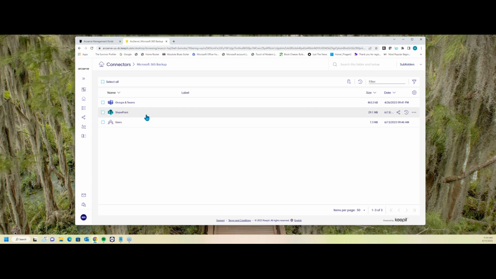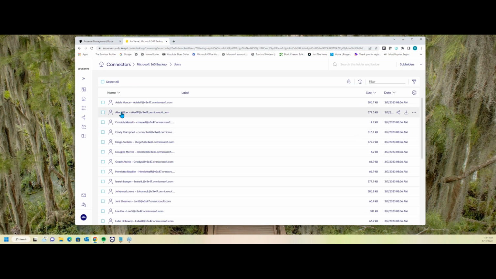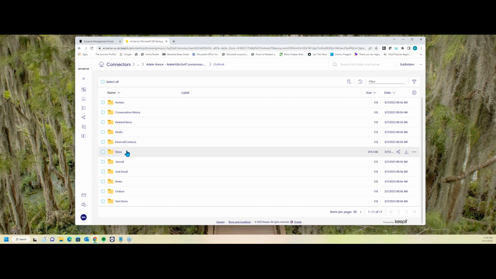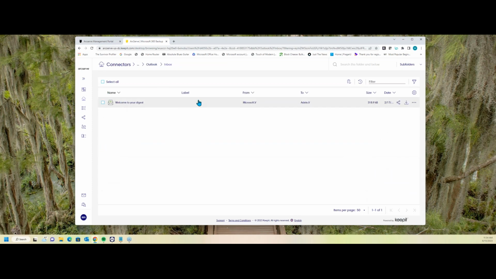I would simply drill down on the connector. And I can either go step by step to find what it is that I need. I can click on my users, go here to Outlook, in the inbox. I can go ahead and find the file that I need, and my options to restore are right over here. So it's very, very simple. So this is the email that I could grab,